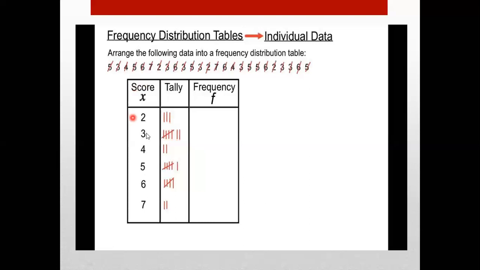Now the first column, you can see, is written score. This particular table I have written over here is for individual data. Individual data means the data which you have collected, as 5, 3, 4, 5. For example, you are playing a match, and you write down what score your team has got: 5 in the first match, then 3 in the second match, then 4. So you have randomly written 5, 3, 4, 3.